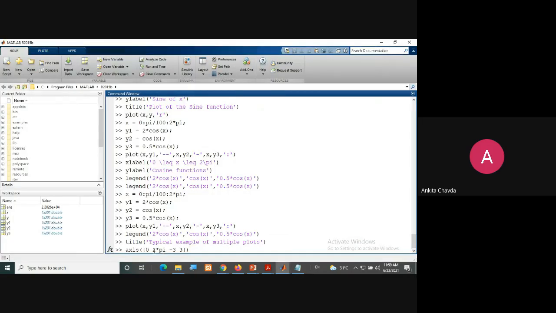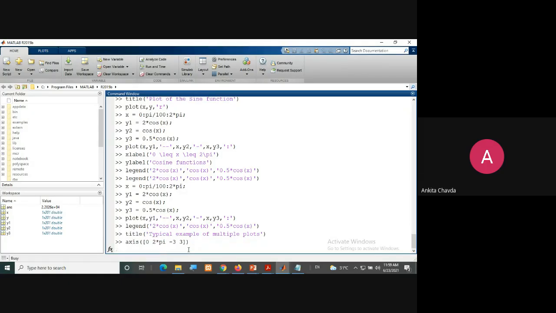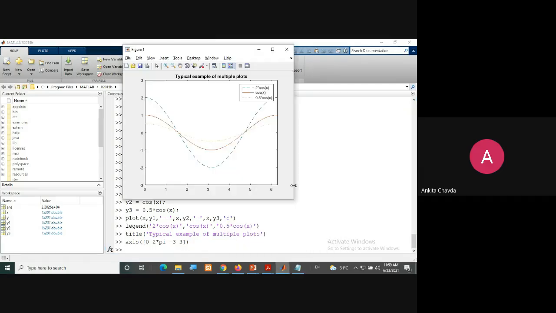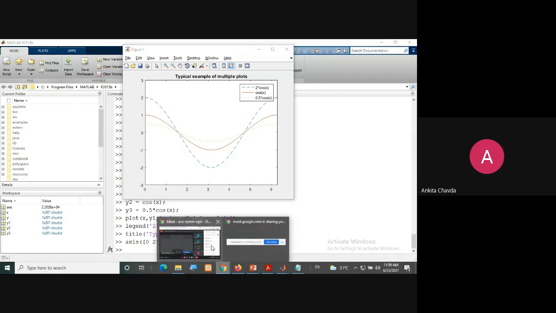In this axis function, in the square brackets, I need to give the value for the x-axis, that I want only the value between 0 to 2 pi, and for the y-axis it's -3 to 3. Now you can check after this. Have you seen this? It is changed. Here you can see it's only up to 6 point something, exactly 2 pi, and it is from -3 to 3. Yes or no?